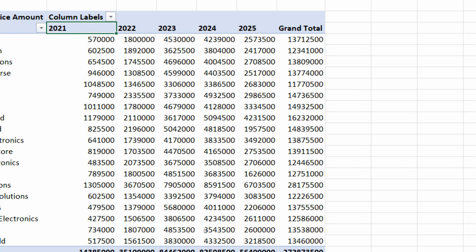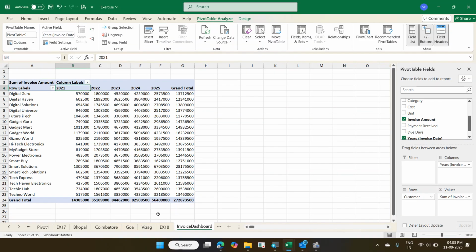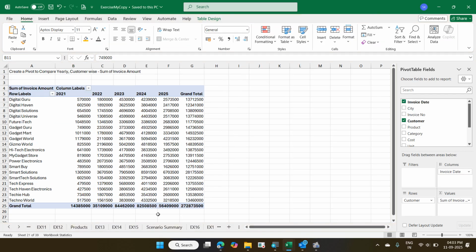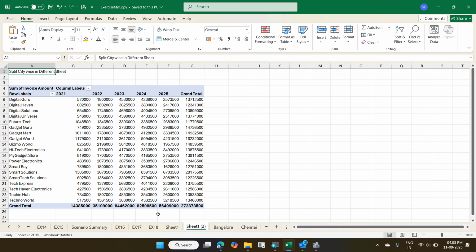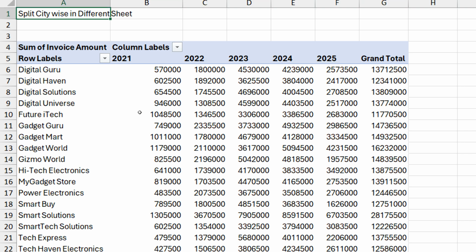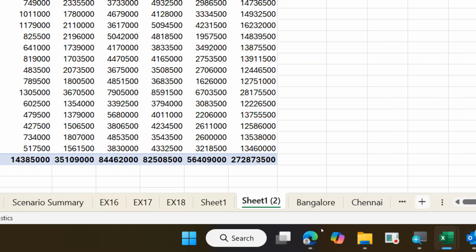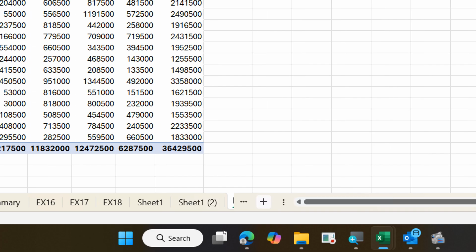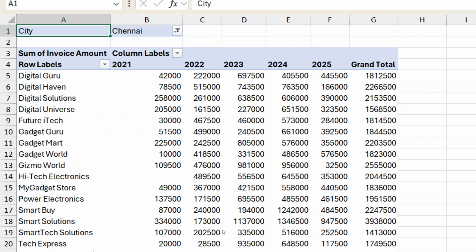Next we are going to see top 10 and aging. Before that, I want you to do this. Split the city wise in a different sheet. This report should be split city wise into separate sheets: Bangalore in one sheet, Chennai in another, Delhi, Hyderabad, Jaipur, Mumbai, Pune, each separate. The sheets should be separated like this. Separate sheets. It should come in a different